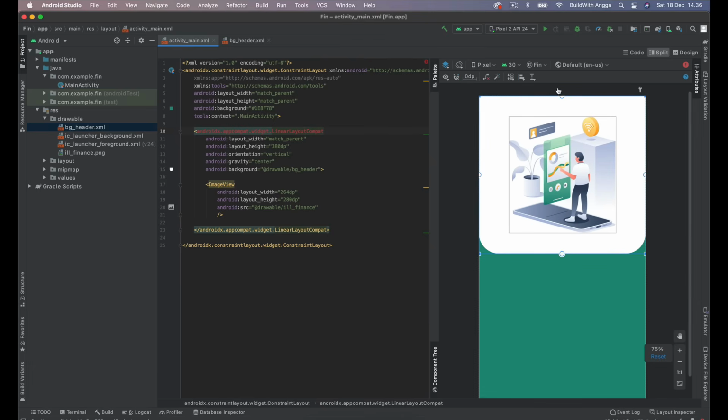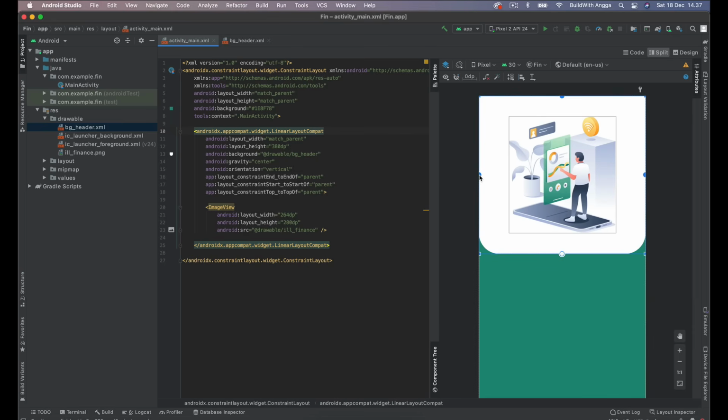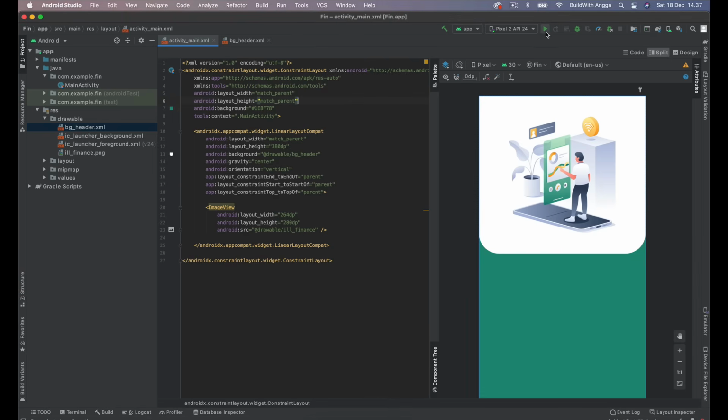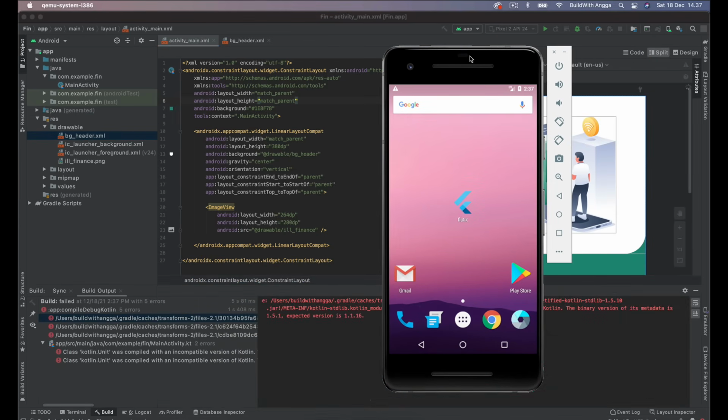If you see there is a circle, sorry, an ellipse like this, just click and click and then click, and it is done for this design. Simple, right? If you want to preview your design in the real emulator, you just click here to play it into this emulator, and it's going to start your app.